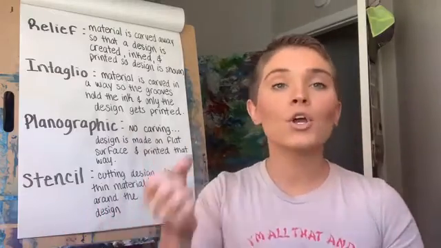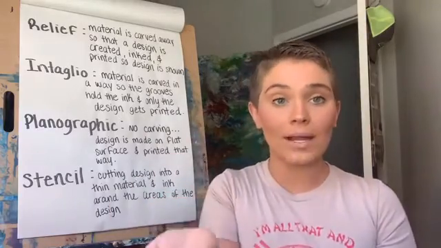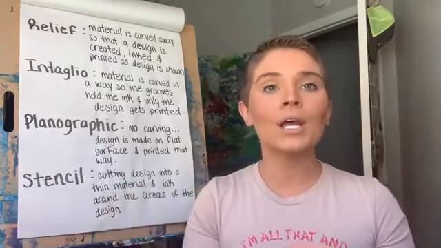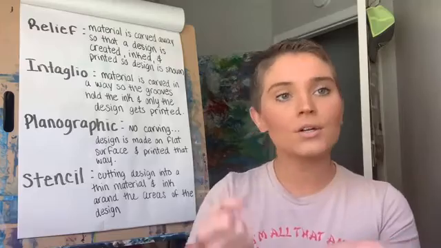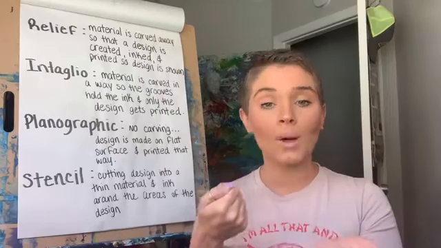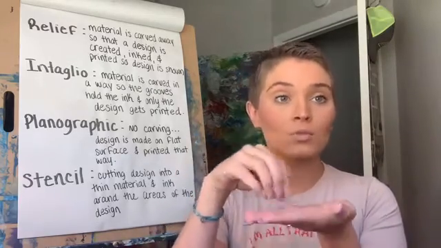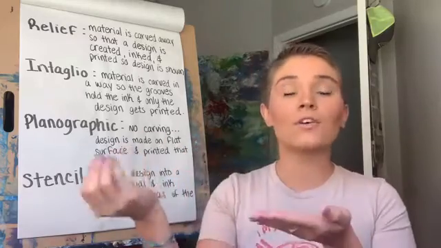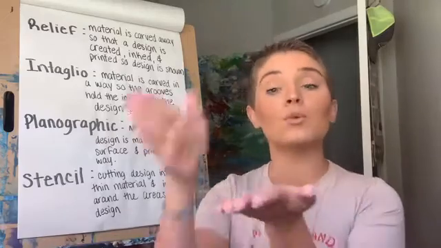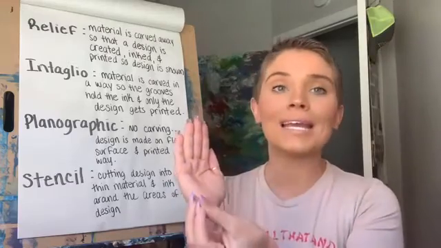So in relief, you carved your design or your lines out and they stayed white because you printed that top flat surface. With Intaglio, you have your material that you're working on, your plate, your block, and it is carved away. And then when you ink it, the ink is actually going to fall inside of those holes or those grooves. So the ink fills up your grooves, you wipe away the surface so it stays clean, and then when